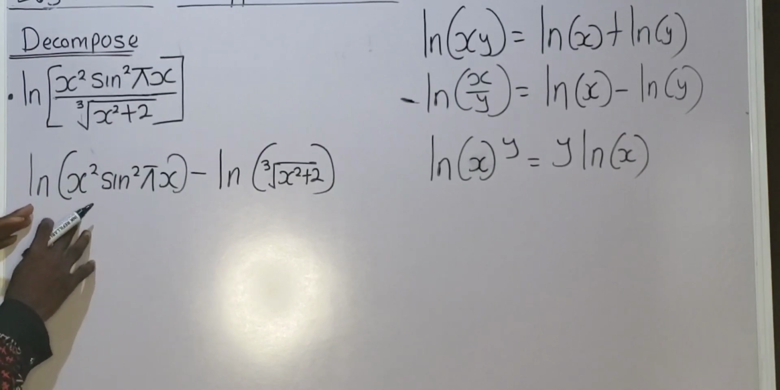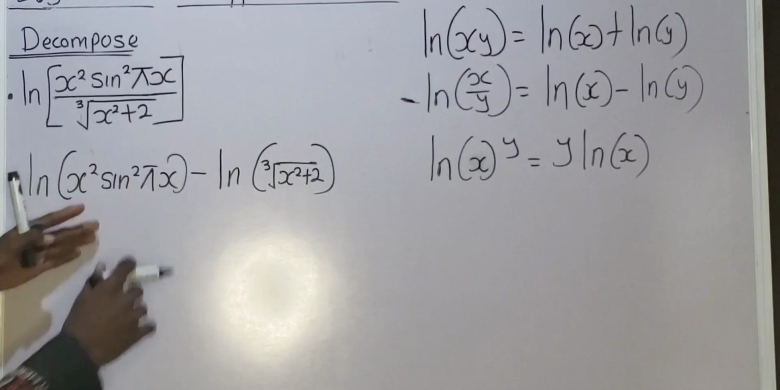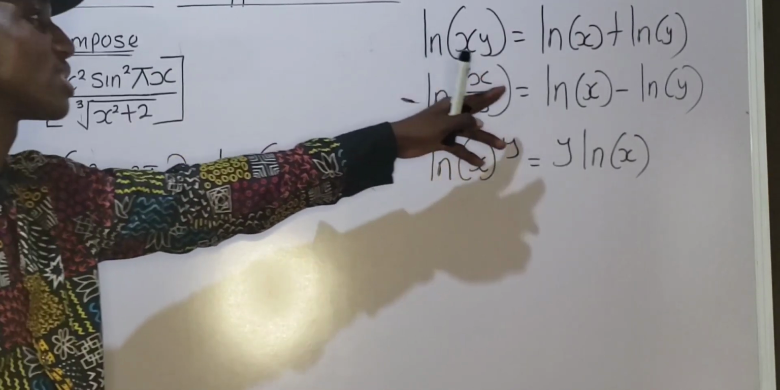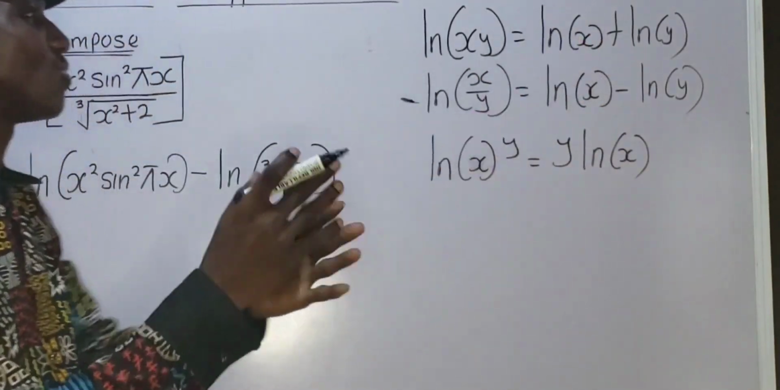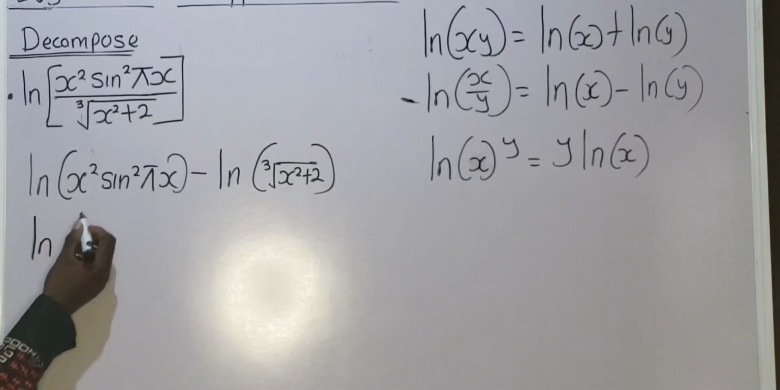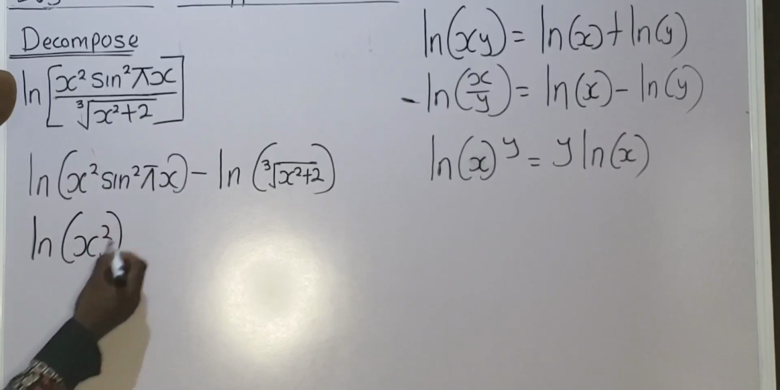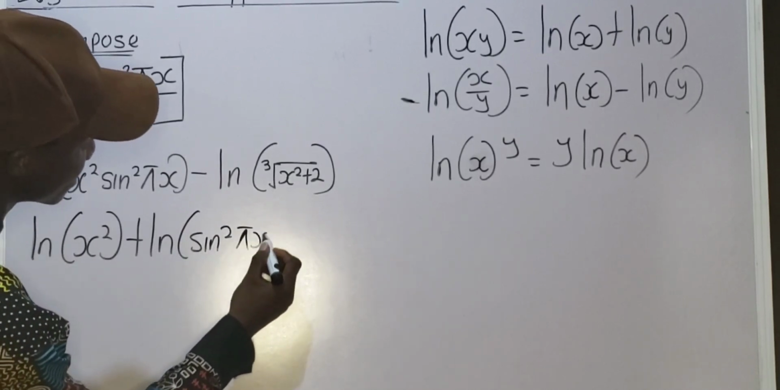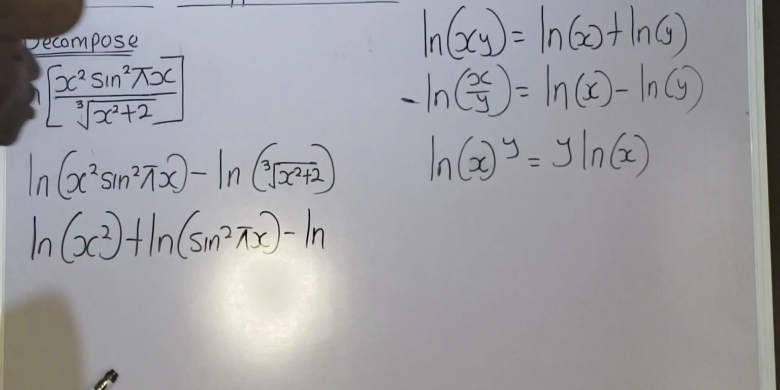You can see that the sign between x squared and sine squared pi x is what? A product sign. And I told you that the natural log of the product of x and y is what? The natural log of x plus the natural log of y. That is, the log of a product is the sum of the logs. You understand? That is just the basic laws of logarithm that you're supposed to understand. So let's proceed. For this, I'm going to have the natural log of x squared plus the natural log of sine squared pi x minus the natural log of, okay, don't forget that